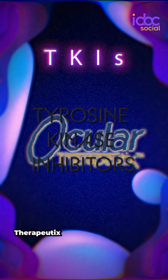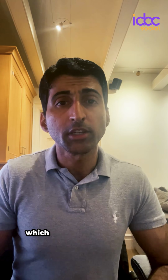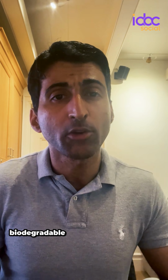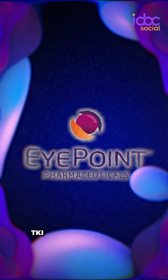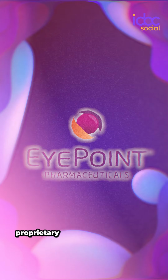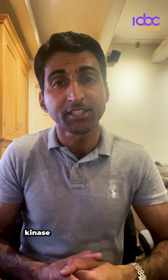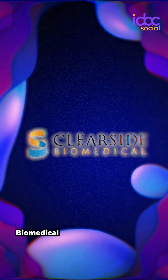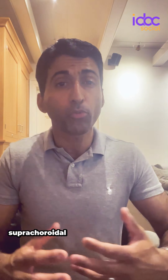this approach. Ocular Therapeutix has a phase 3 clinical trial program currently ongoing called the SOL-1 study, which is evaluating the effectiveness of its biodegradable hydrogel implant, which elutes axitinib, a potent tyrosine kinase inhibitor. Eyepoint Pharmaceuticals is another company in the TKI space, currently evaluating its proprietary product, EYP-1901, an intravitreal sustained-release polyvinyl alcohol implant, releasing another potent tyrosine kinase inhibitor, vorolanib. Finally, ClearSight Biomedical is another company in the TKI space, evaluating tyrosine kinase inhibition through a suprachoroidal approach with axitinib in its phase 2b clinical program,